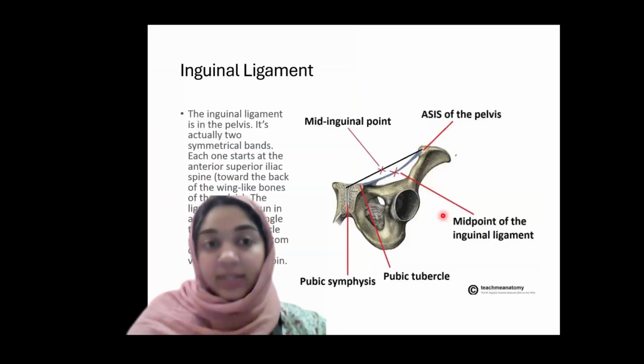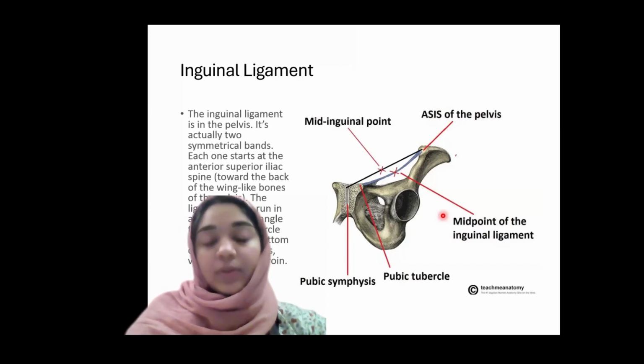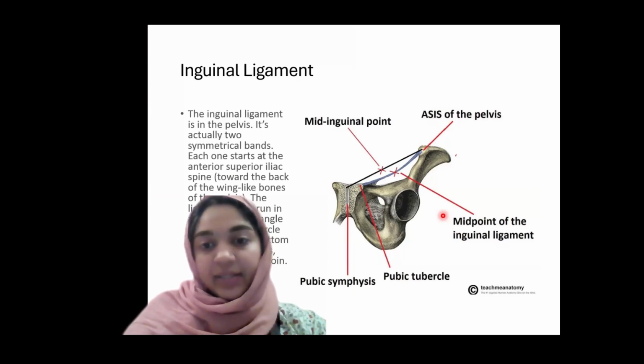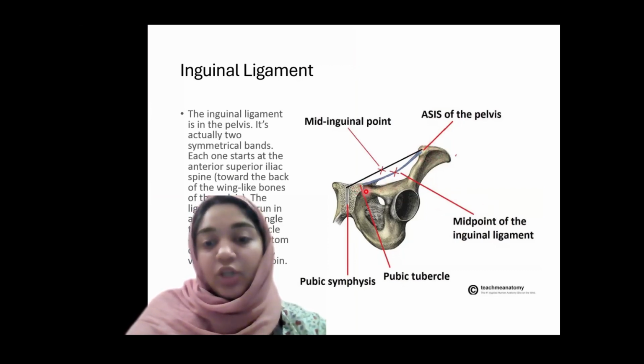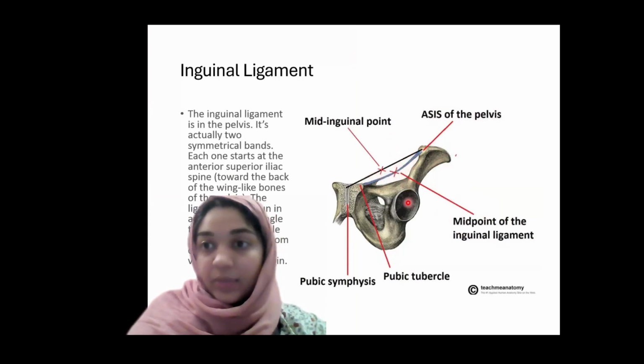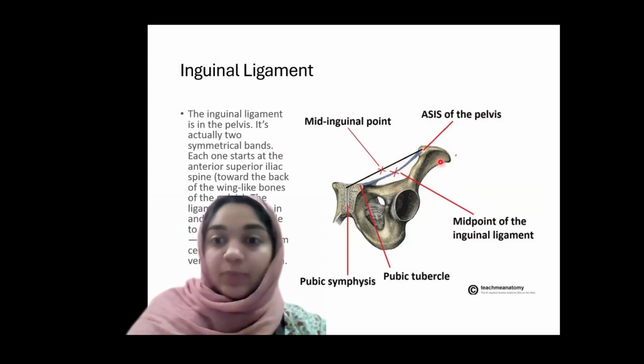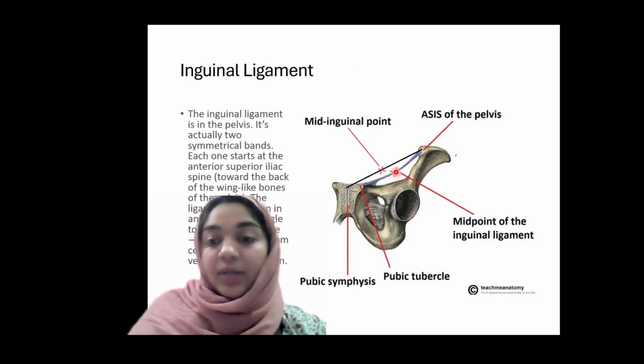Now, there is a special ligament I needed to talk about, because it comes up a lot of times in pelvic anatomy. If you learn it from now, it will be very easy when it comes up later on. The inguinal ligament starts from the anterior superior iliac spine all the way to the pubic tubercle. This ligament is very important because some structures pass beneath it, and in clinical anatomy it is important to understand how those structures pass below it. So basically, this is the mid-inguinal part of the inguinal ligament.